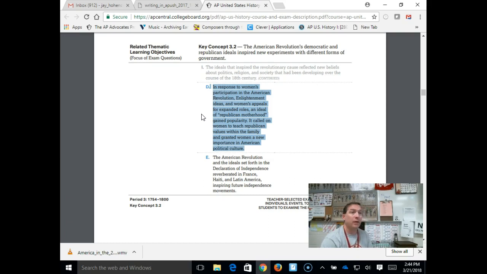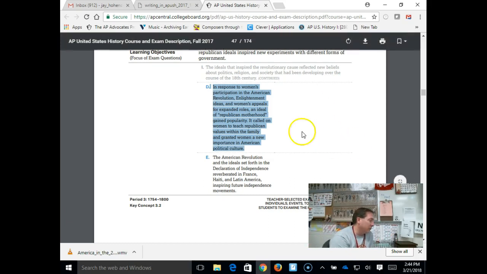In the 1800s, that's going to shift from Republican motherhood to the cult of domesticity, with the idea that there are different spheres for men and women. Men go to the office, women stay at home, and that's their domestic sphere or the home sphere, where they're there to raise children, similar to Republican motherhood, but less focused on the idea of patriotism and building up those people for that purpose. Finally, notice the bottom of the page.